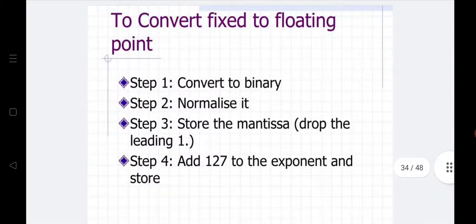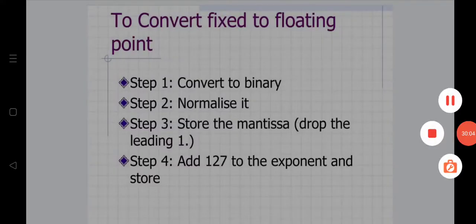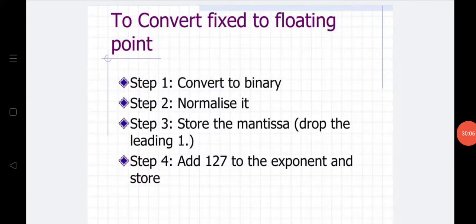Okay, so converting a fixed point representation to the floating point representation is one of the very important questions for your final exam. Sometimes in your SAQs he will ask you the question. He will give you some decimal number, ask you for a fixed point number representation, and ask you to convert it into floating point. What is the first step I need to do? Whatever the given decimal number is in fixed point representation, I need to first convert it into a binary number.